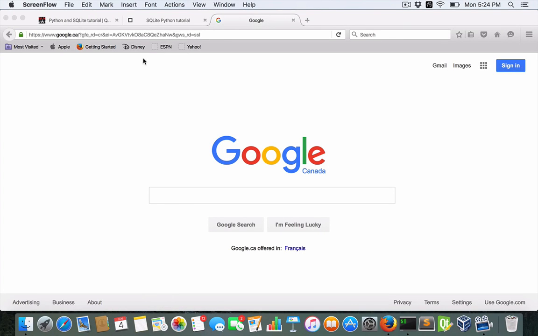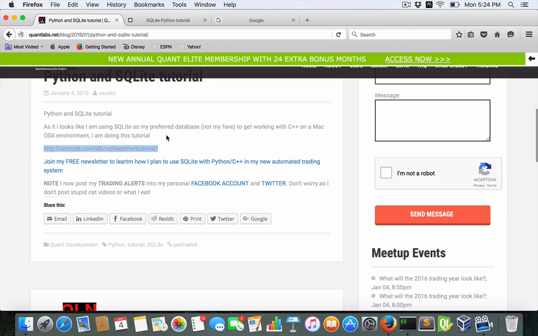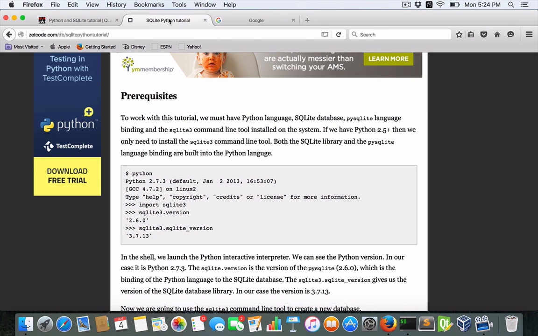Okay, today I'm going to show you a tutorial that I've put up on Python and SQLite. So here's the tutorial. I've got two terminal sessions I'm going to open up. First, just so you know, when you install SQLite, in my case I'm using Mac OS 10, it's already installed as part of the default in Mac OS 10. Also,